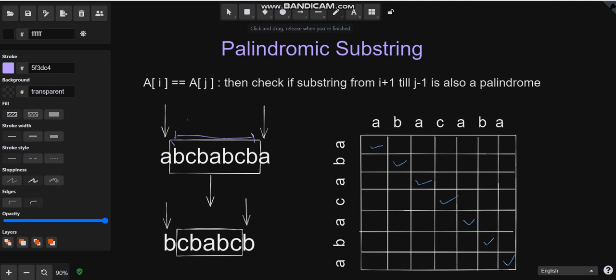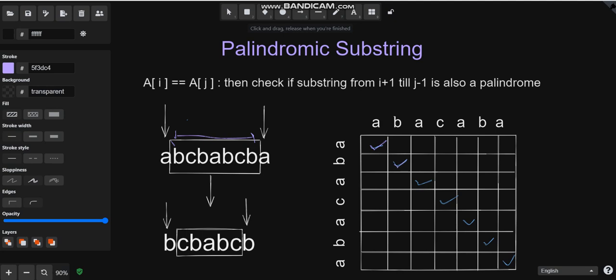One thing to understand is that all substrings of length 1 are palindromes by themselves, right? All strings of length 1 are palindromes. So what I have done is that I have taken a 2D array, and I'm just marking everything which is a palindrome.